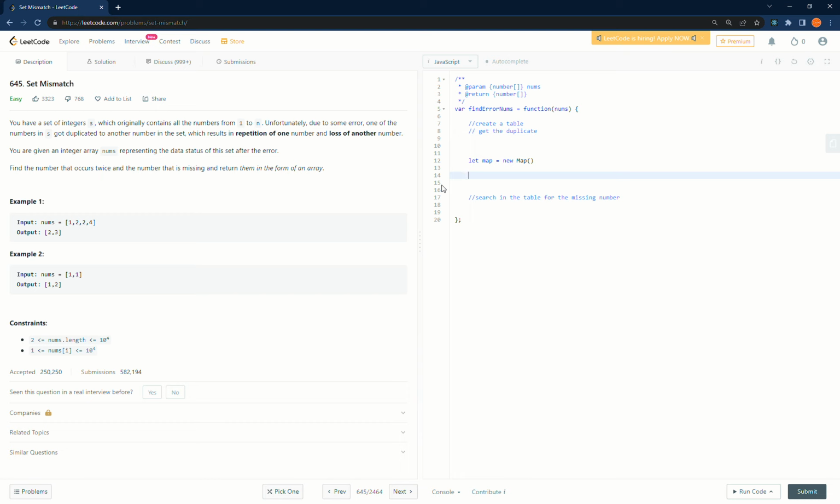And then we also are going to want to create a duplicate number and missing number. Okay. So now we'll create our actual hash table here with a for loop, and